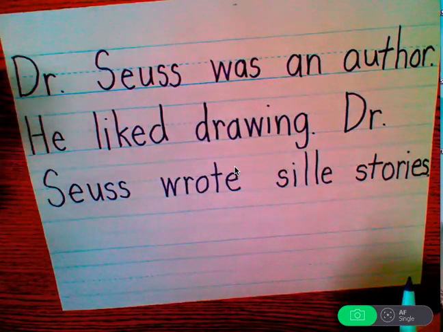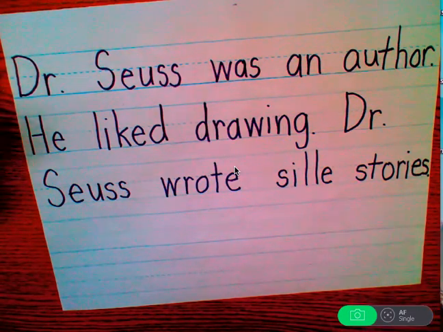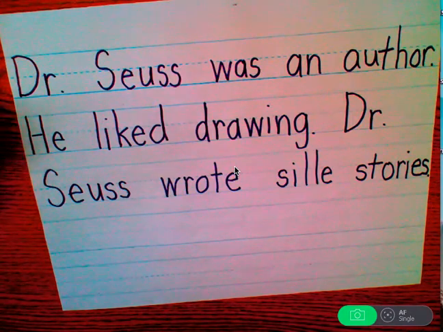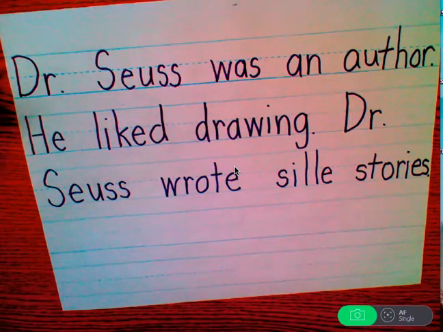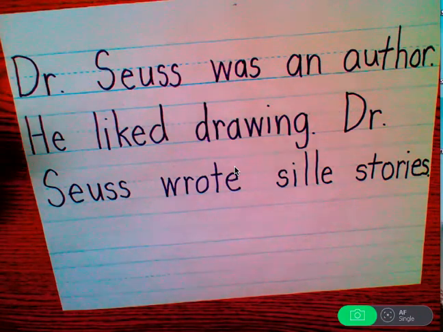Now what we're going to do is we have 3 more words on our tree map with Dr. Seuss: Dr. Seuss was an artist, Dr. Seuss liked rhyming, and Dr. Seuss wrote The Cat in the Hat. Remember that when you write these sentences, you can add some extra words in to make your sentences better, more interesting, that gives more detail to the person reading, but make sure they still make sense. Keep working hard, boys and girls. 3 more sentences. I know you can do it.